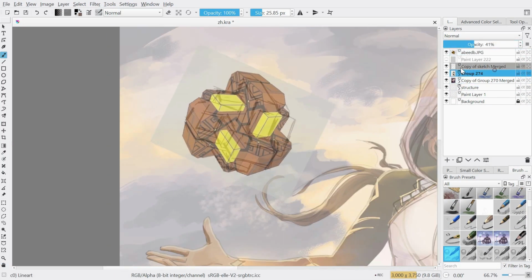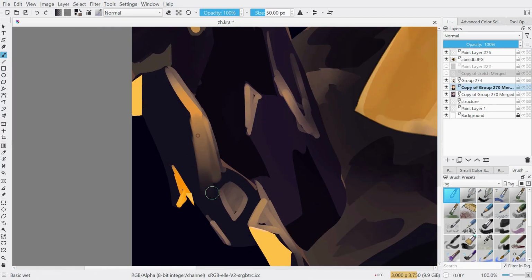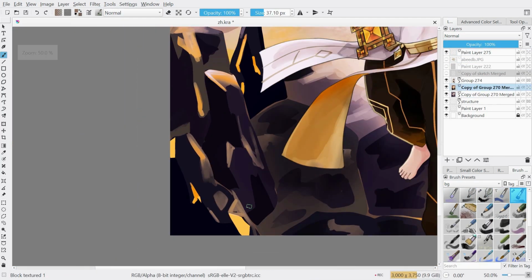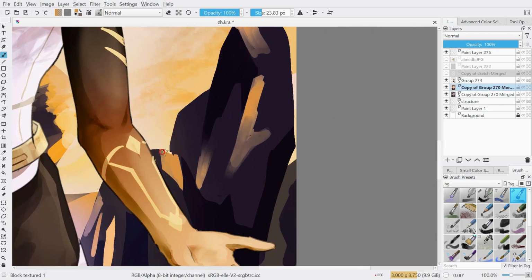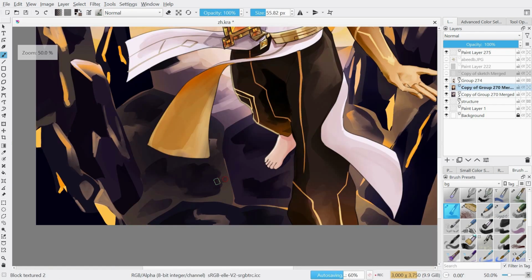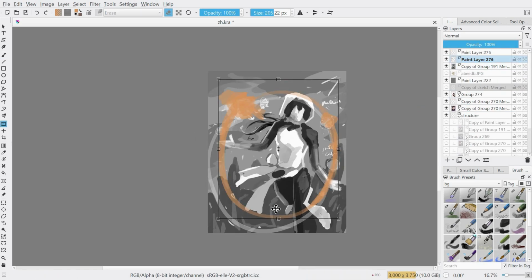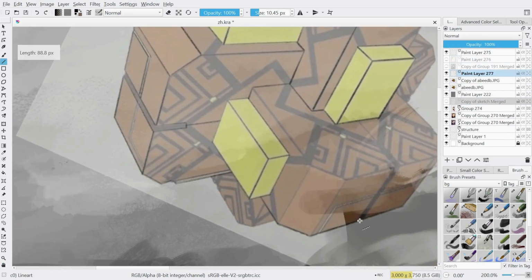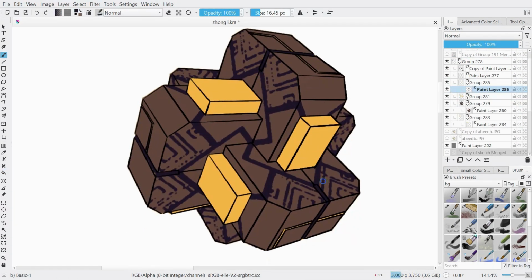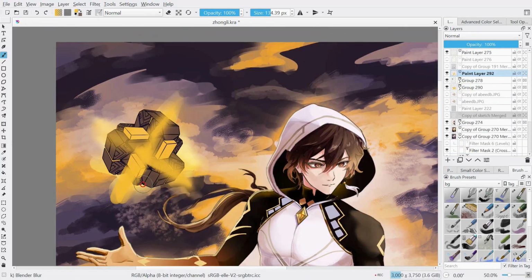I recommend staying more zoomed out, especially at the start and most of the time while painting in the background here, since you don't want to get lost in drawing details that won't be that visible in the end. I also added more saturation for the clouds surrounding Zhongli, so he would be framed through the background. Since clouds and rocks can take on many shapes, I paid attention to using this to create flow around him